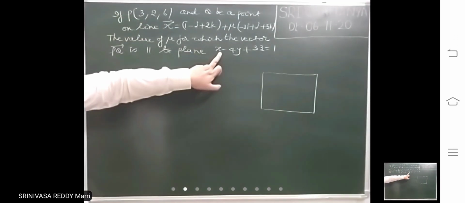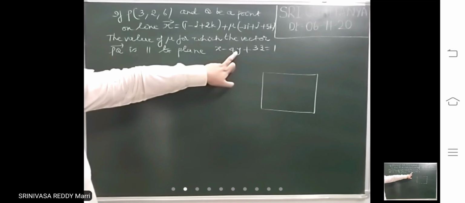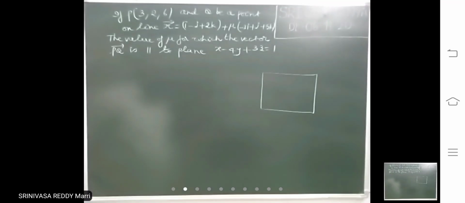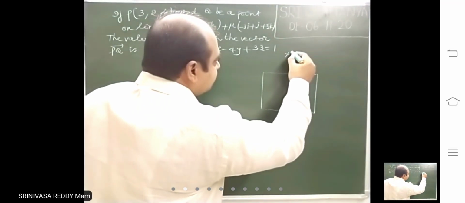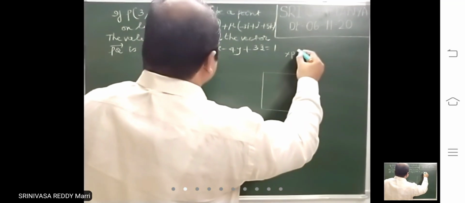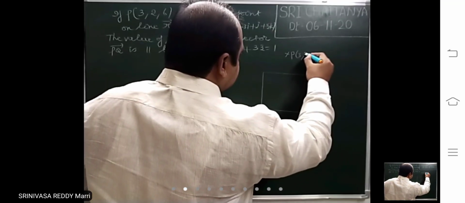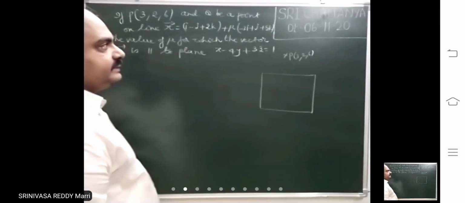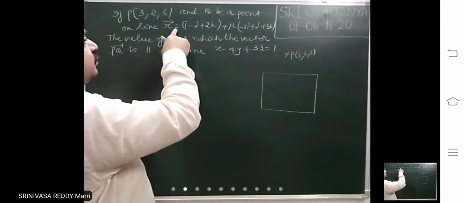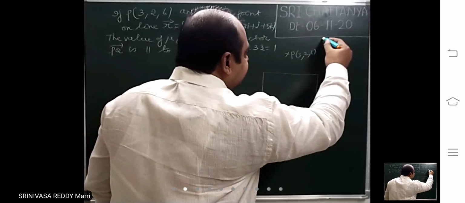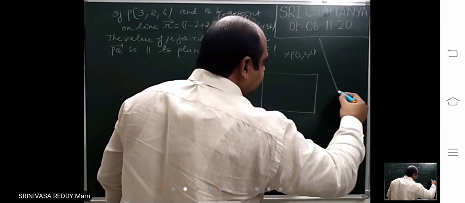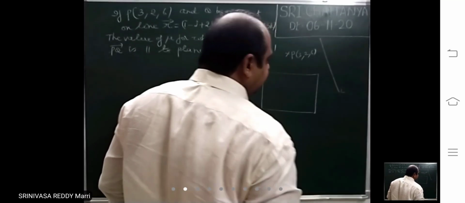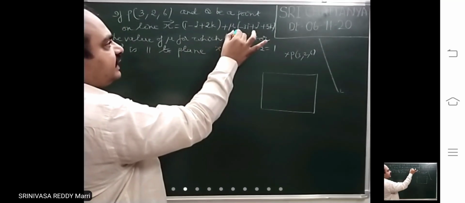Where is that point? Does it lie on the plane? You can easily check with 3, 2, 6. If you substitute, 3 - 8 + 18, it is not 1. Therefore, it does not lie on the plane. That means P will be a point somewhere outside the plane, outside your paper. So P is this point and Q is a point on the line given. Somewhere the line is there. Take arbitrarily one point on the line. This is given in vector form.